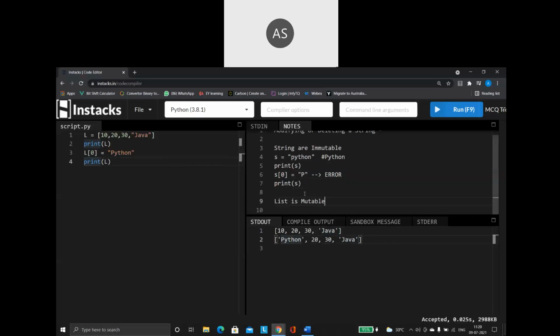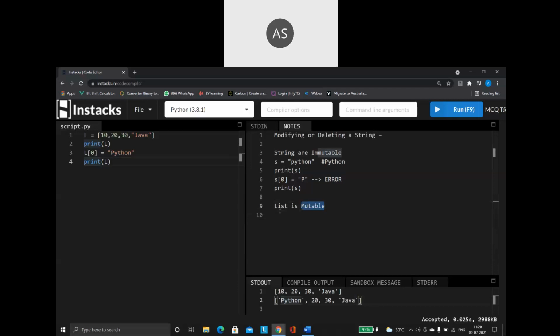So understand, strings come under the immutable category. When a data type is mutable, it will allow you to change. But when the data type is immutable, then you cannot modify the data. Once created, the data is going to remain the same. So immutable means cannot be modified.